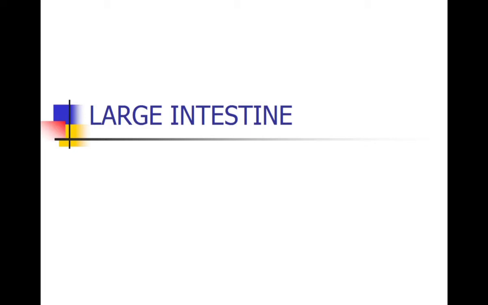And the function of the large intestine is that when the food reaches the large intestine, it still has a lot of water, and here the absorption of water takes place, and the resultant is a hard fecal matter. And because of the hard fecal matter, nature has provided a lot of goblet cells, which produce the mucus. So another function of the colon is the production of the mucus.